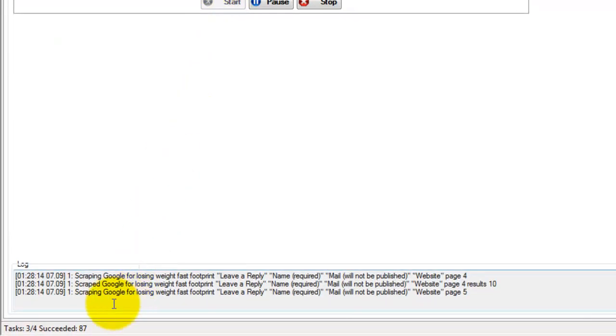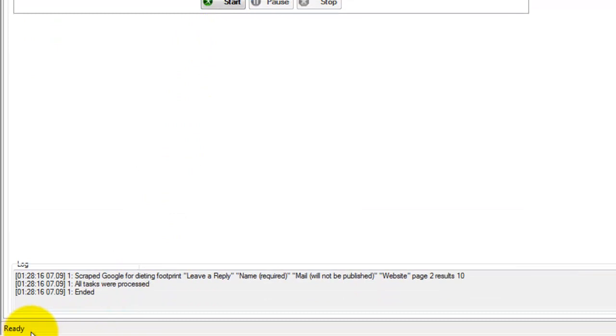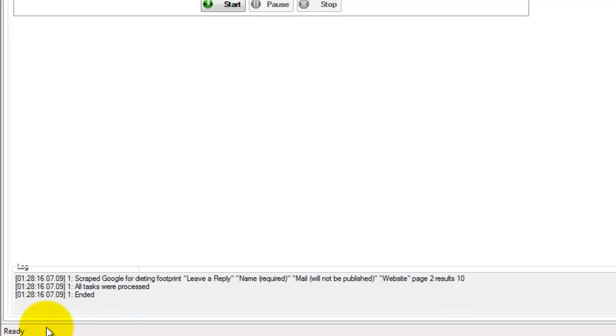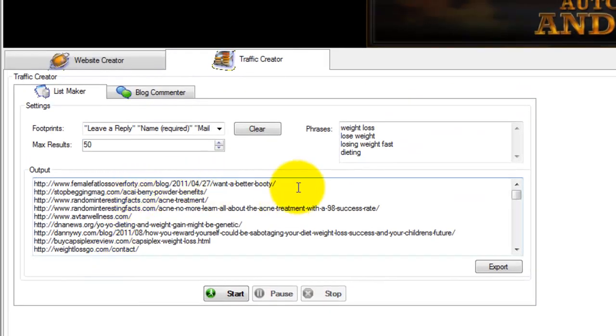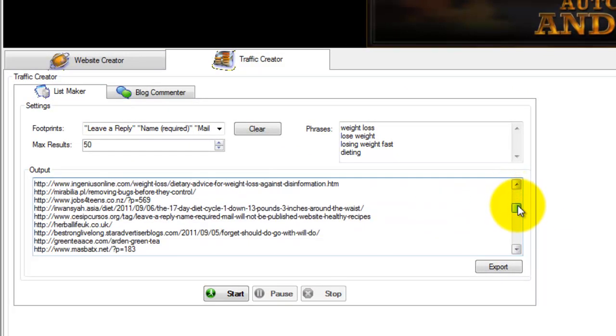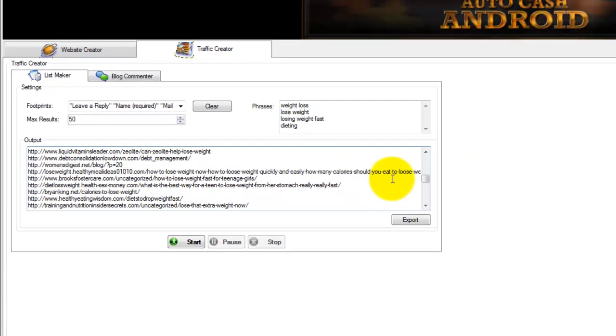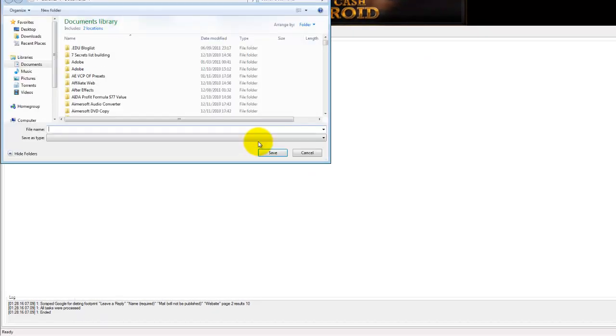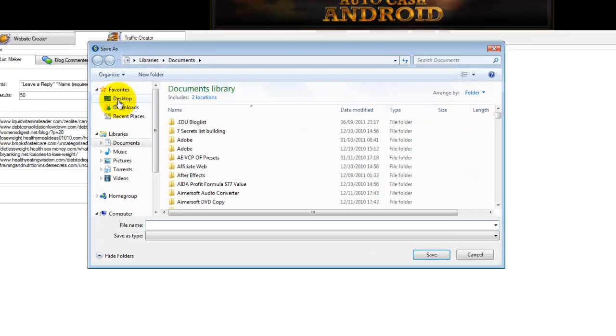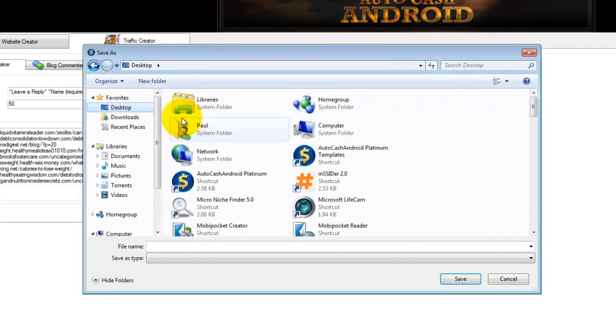Now at the bottom left of the screen is done 4. Well, that was quite quick actually, but it will give you a progress of how the search is going. So what we've found is a number of blogs that match both the key phrases you're looking for and the footprints that you searched for. Once you've got your list, you click on Export and you save it